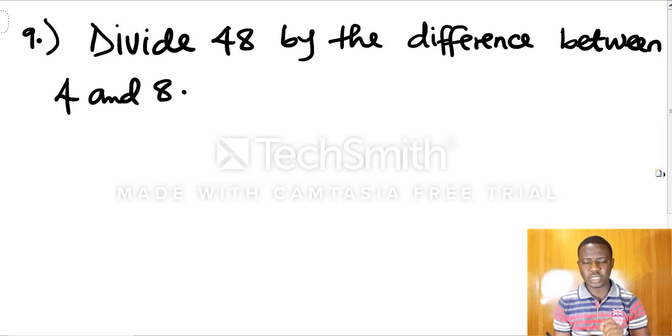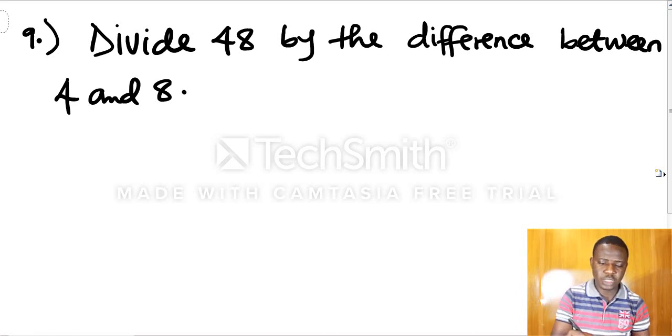Question number 9 says divide 48 by the difference between 4 and 8. Note, whenever they are talking about difference, what should come to your mind should be the positive difference between the two given numbers. That is, the bigger number minus the smaller number. So this becomes